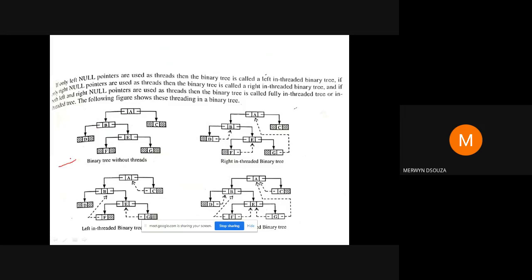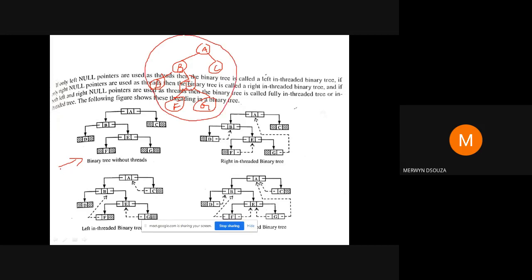Okay, so it's not represented using circles or ovals. If it were in circular shape, it would have been like this. A would be the root node, then you would have B as the left child, C as the right child, then B has D as the left child, E as the right child. E will have F as the left child, and G as the right child. So this is how we normally represent our tree.